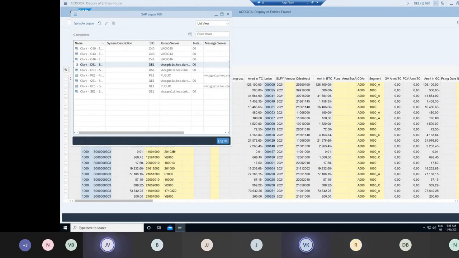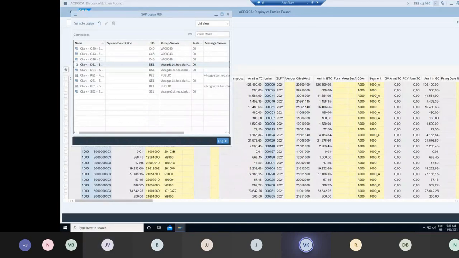What is meant by refresh, sir? A refresh is nothing but the data you have in production, we will be sending to queue. Because in quality also you have to do testing, right? So everything cannot be replicated. So to enable business testing, whatever the data is in production, we will send that data to quality.